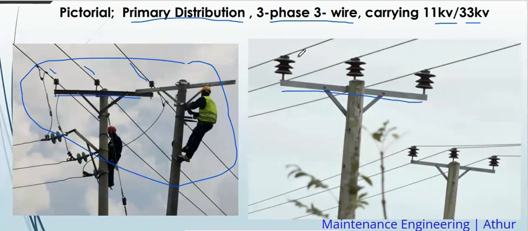You see, this wire is moving on the top of the pin, and this one is moving on the top of the pin. So whenever you see this structure, where there are 3 wires moving on the top of the pin insulators, just know that is 11 kilovolts or 33 kilovolts. Apart from a structure that looks like this, that means that is going to be secondary distribution, and those are the conductors that are carrying electricity from the transformer, from the distribution transformer, and they are always moving in a